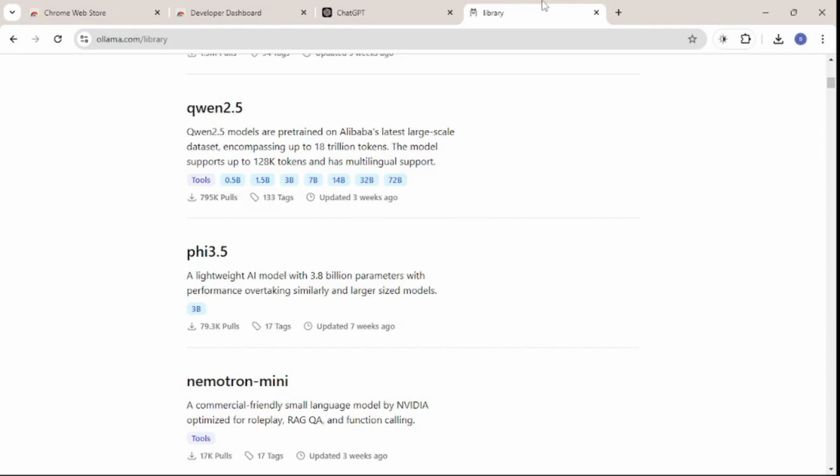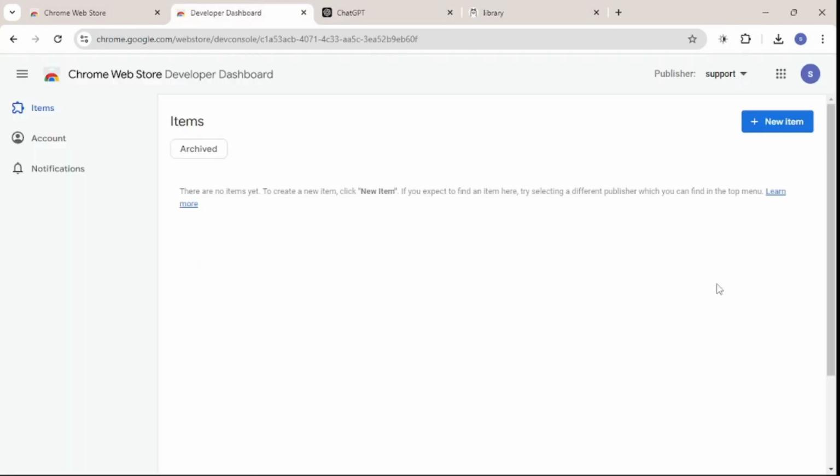But before, let's test out our extension. So here, let's go and try our extension. There you go. It's still working. So now I'm gonna get started and actually deploy our very first extension